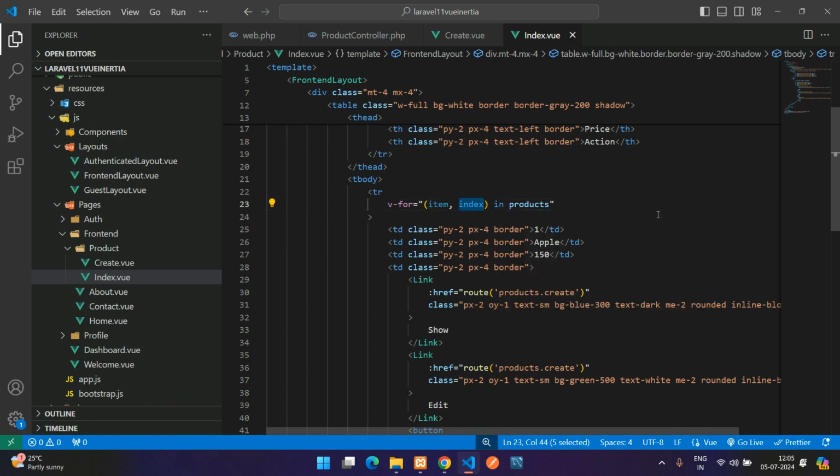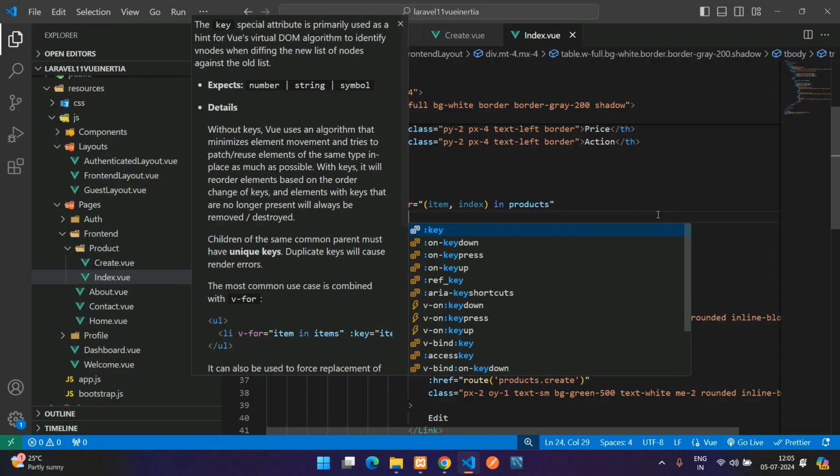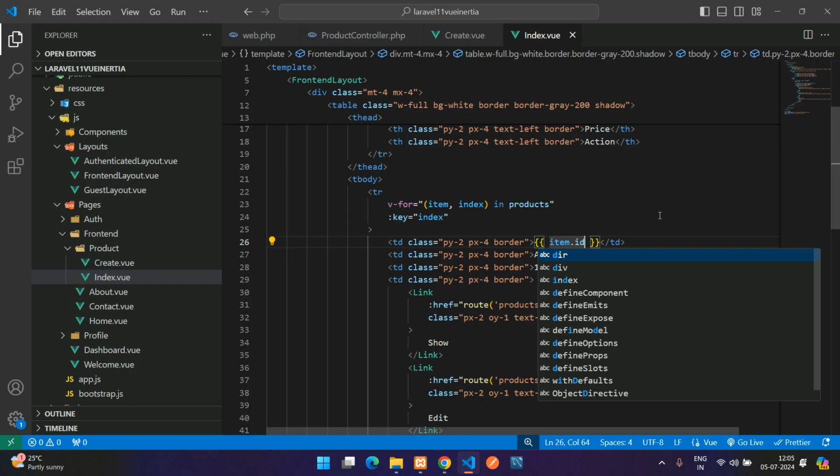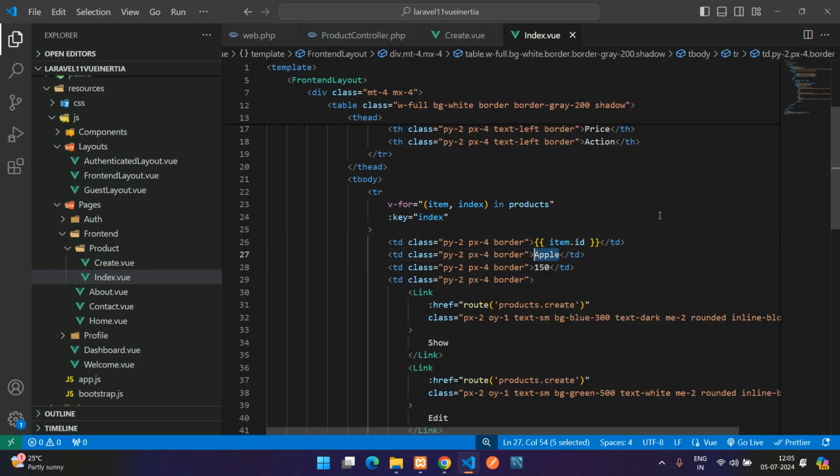Now we'll copy this index colon key equal to your index you'll be passing. And now guys, copy this item of and mention the details like item dot id, then item dot name,